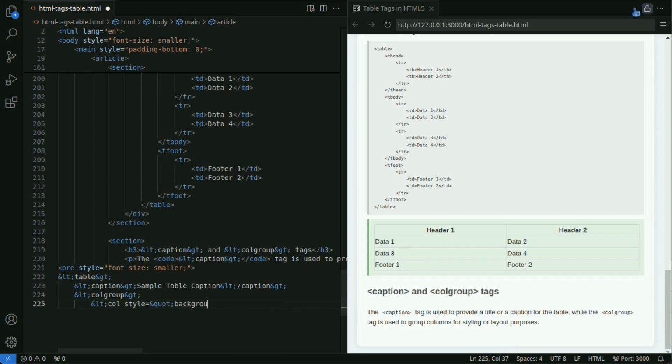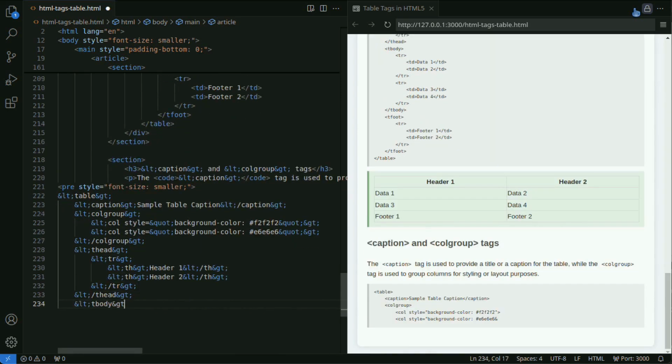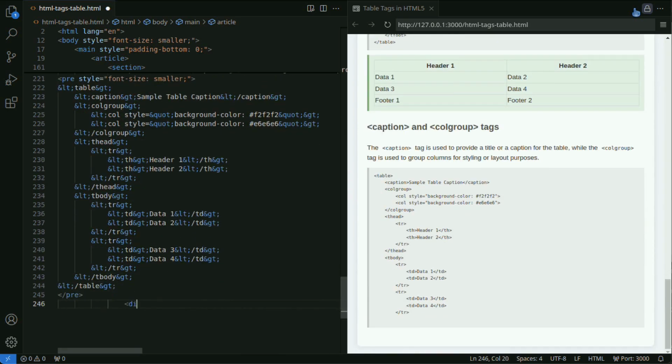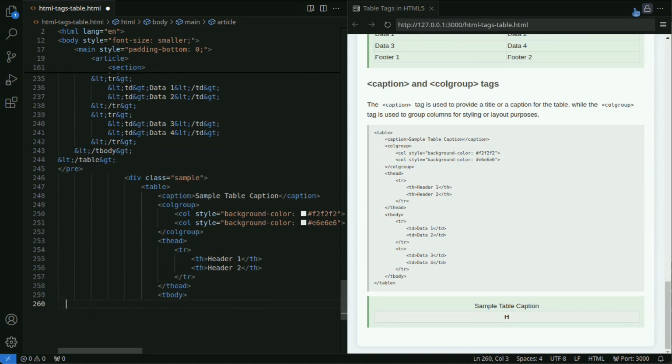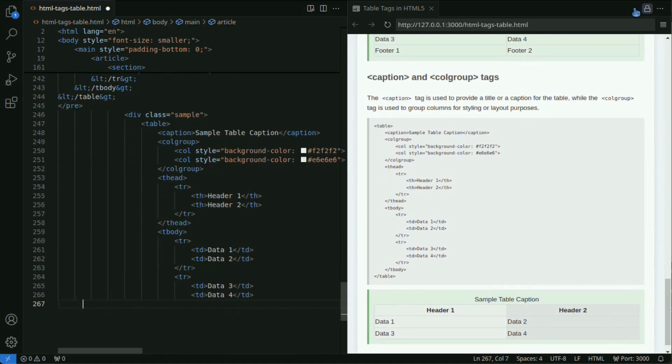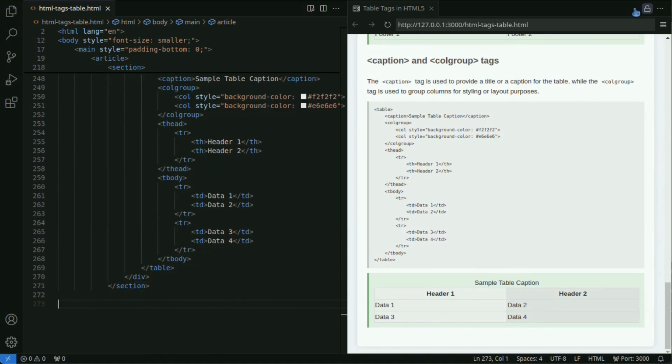Next, let's look at the caption and colgroup tags. The caption tag adds a caption, or heading, to make the table's content clearer.